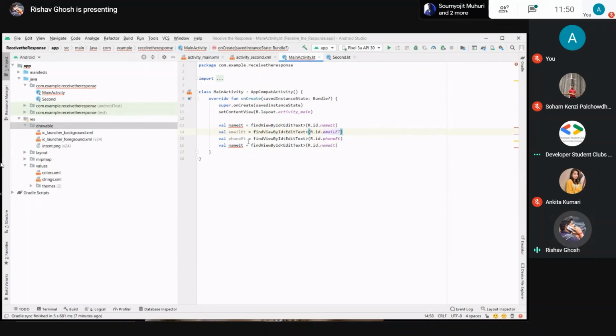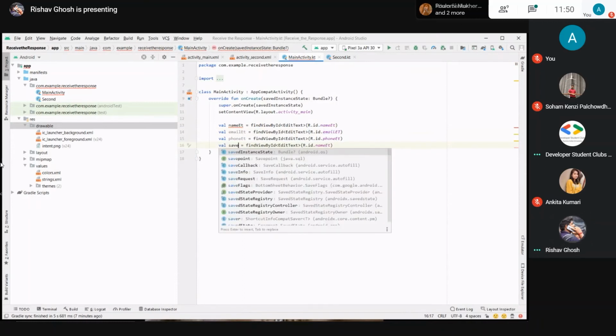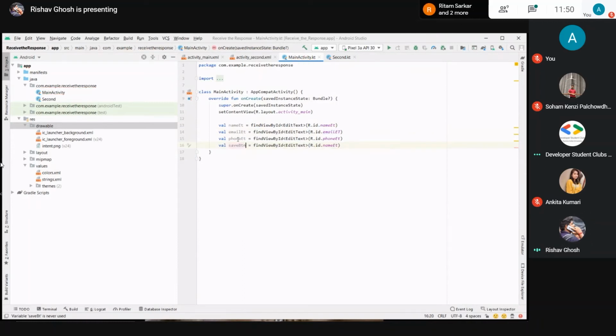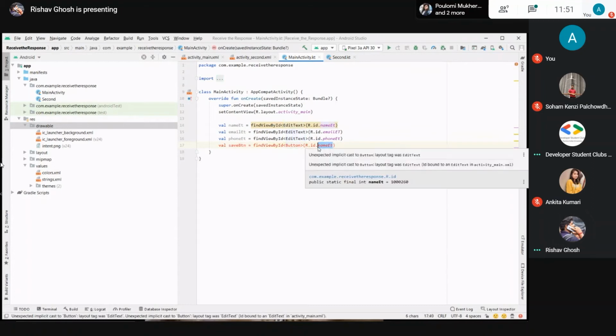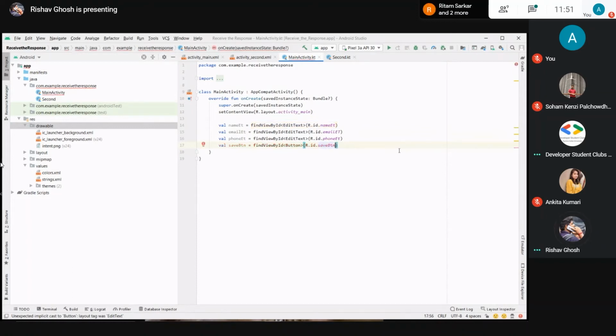Okay, and this will be the button. So for this we just need to name this save button and this to button, and name this to save button. Okay, we declared the variables, so now we need to